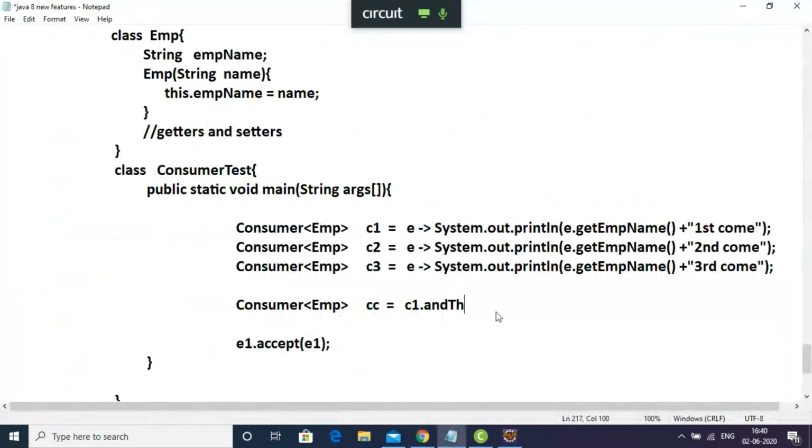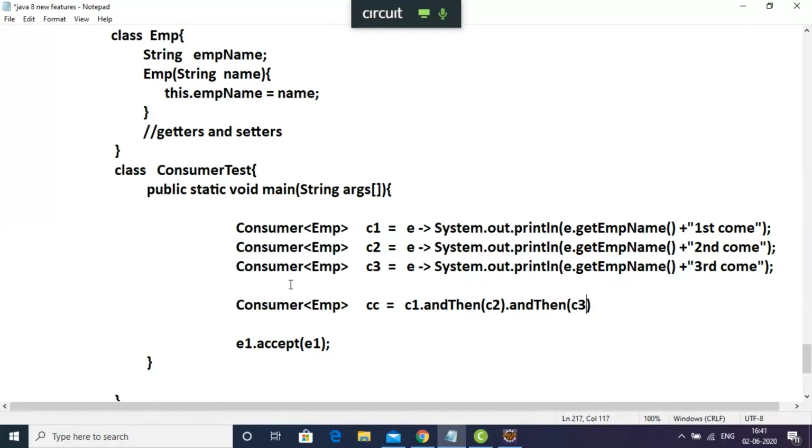And then I want to execute C2, dot andThen, this is a function name, and then I want to execute C3. So if this is the requirement where I want to execute multiple objects simultaneously, that time I should go